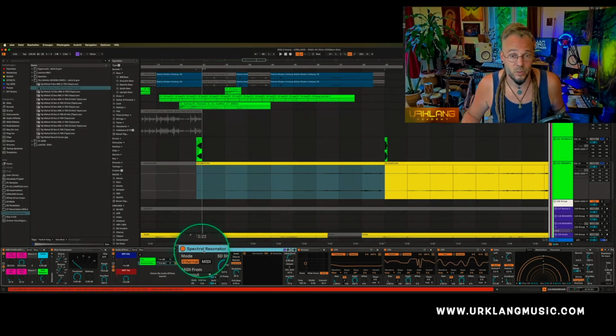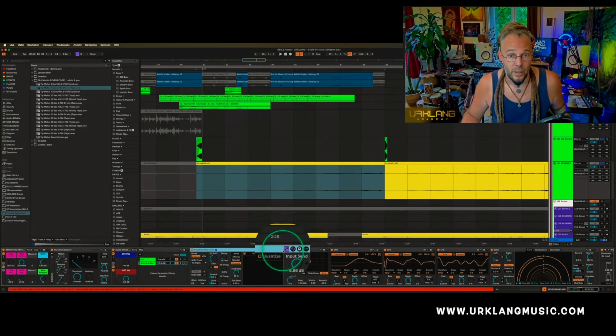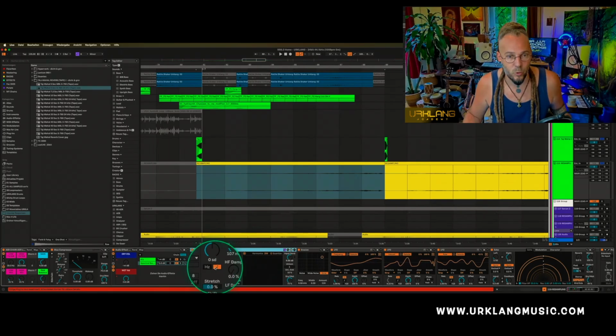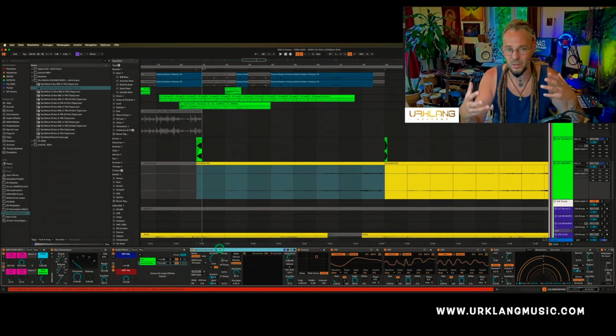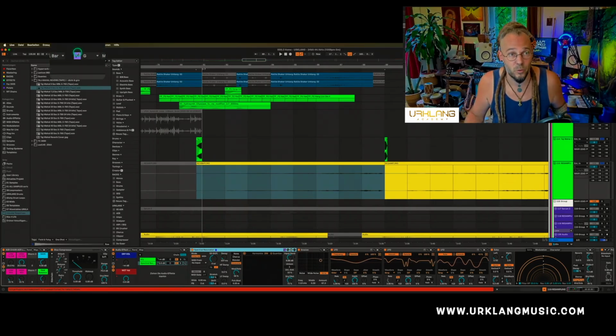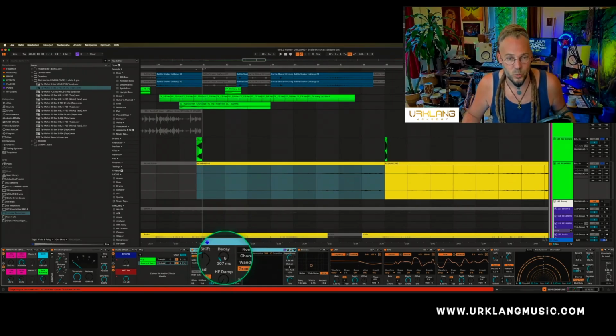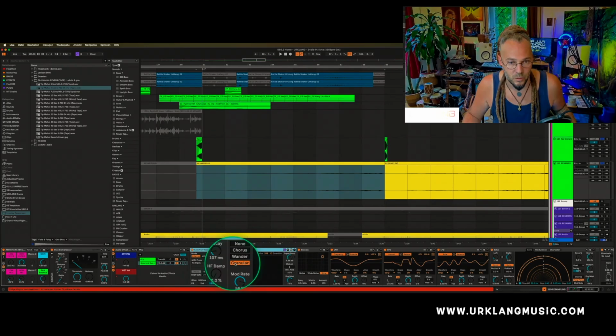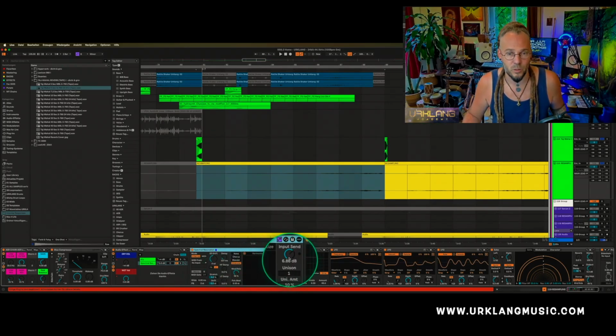Additionally, I have this audio effect track set up. I put in a spectral resonator. I activated the scale mode. Also up here you can see scale mode G minor. So now when you go here from hertz to notes, the spectral resonator is played in the key of what you dialed in here, in G minor in my case. I tweaked around a little bit with decay and the mod rate. It is, by the way, in granular mode. Also raised the input signal a little bit,